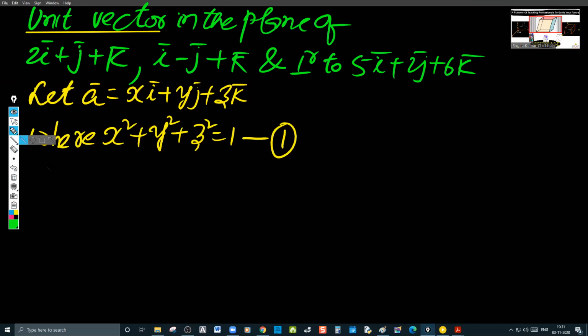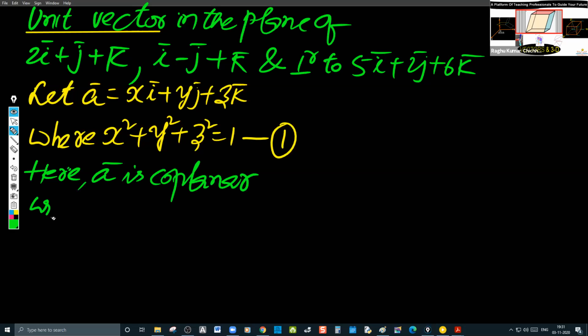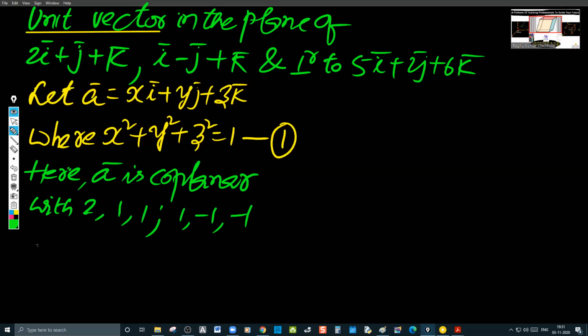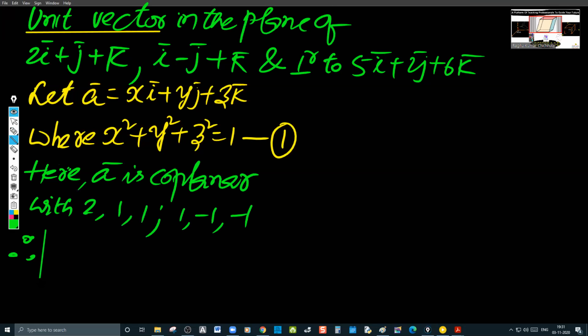Here, A bar is coplanar with 2, 1, 1 and 1, minus 1, 1. Therefore, the determinant of